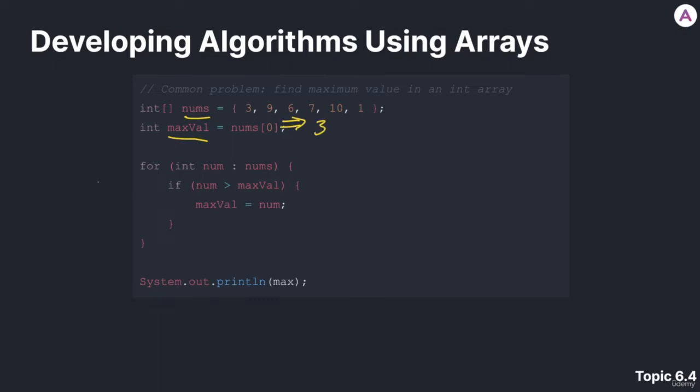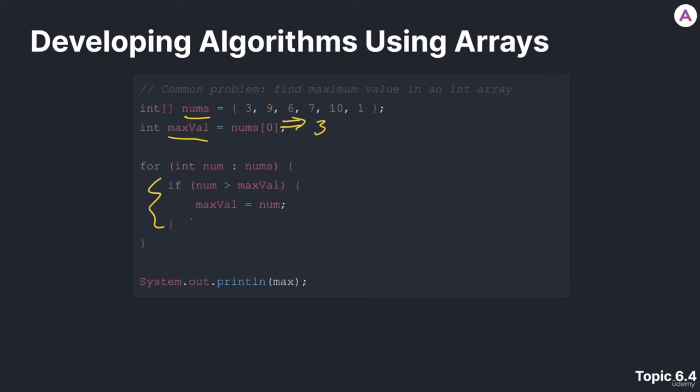3. Then we have a for each loop. We discussed the syntax of a for each loop in the last video, but basically we're going to iterate through each element in the nums array using first the data type, then our custom variable, a colon, and then the name of the array, nums. And we're going to iterate through each of the elements, which will be referred to with the variable name num, and we are going to basically